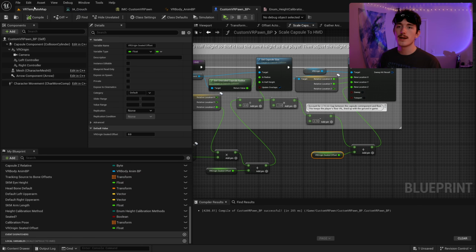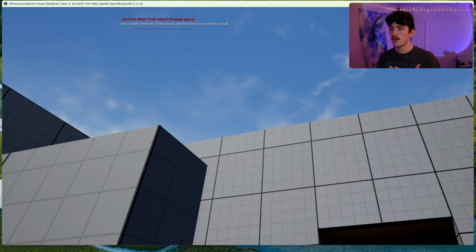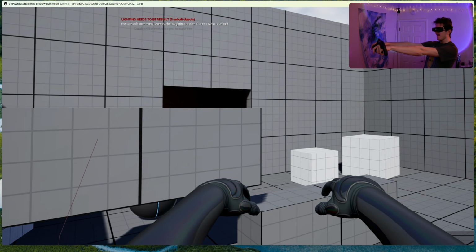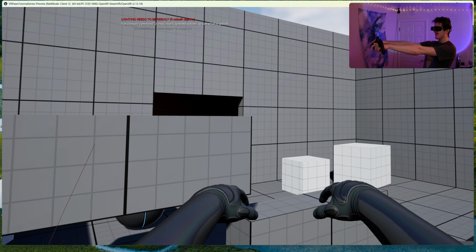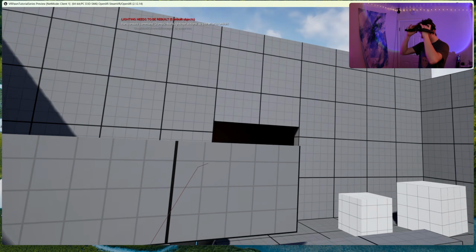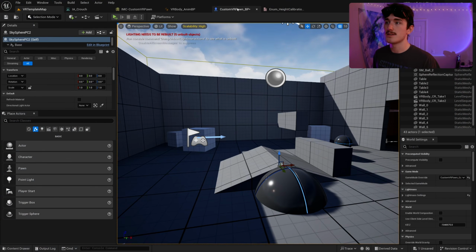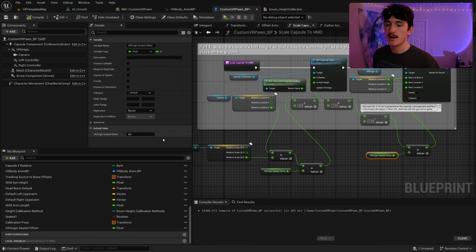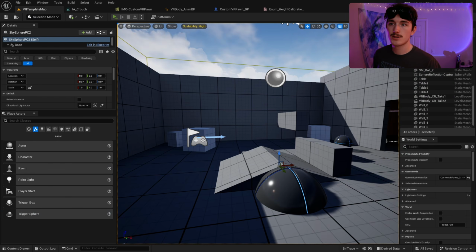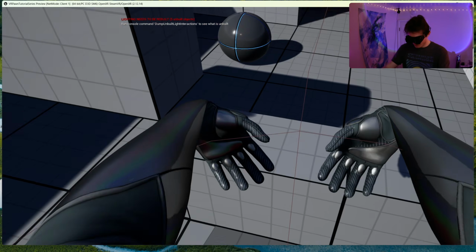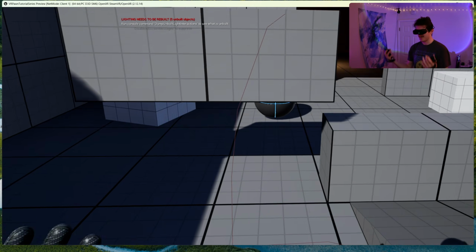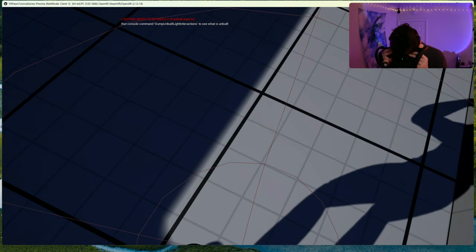Now let's test it. So when I press play, right now, it should scale the avatar to the height of the player. So it should scale it up a little bit because I think I'm a little bit taller than the default height of the player, which it looks like it did. You could see the arms got a little bit longer. It's a little bit hard to tell because it's not a big change. And now if I switch it to scale player to skeletal mesh, now my eye height should be scaled down to the player or the avatar's height instead, which it seems like it successfully was. Yeah,